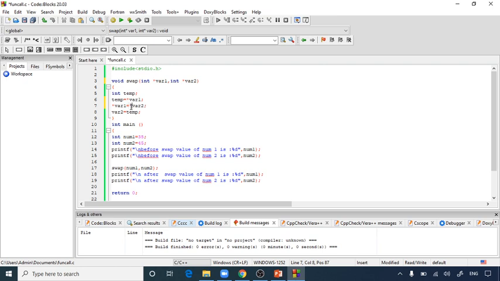To each and every entity I am providing an asterisk sign, because we are going to address the variable. So here I have used ampersand num1 and ampersand num2. A few changes I have made here, making this program call by reference.